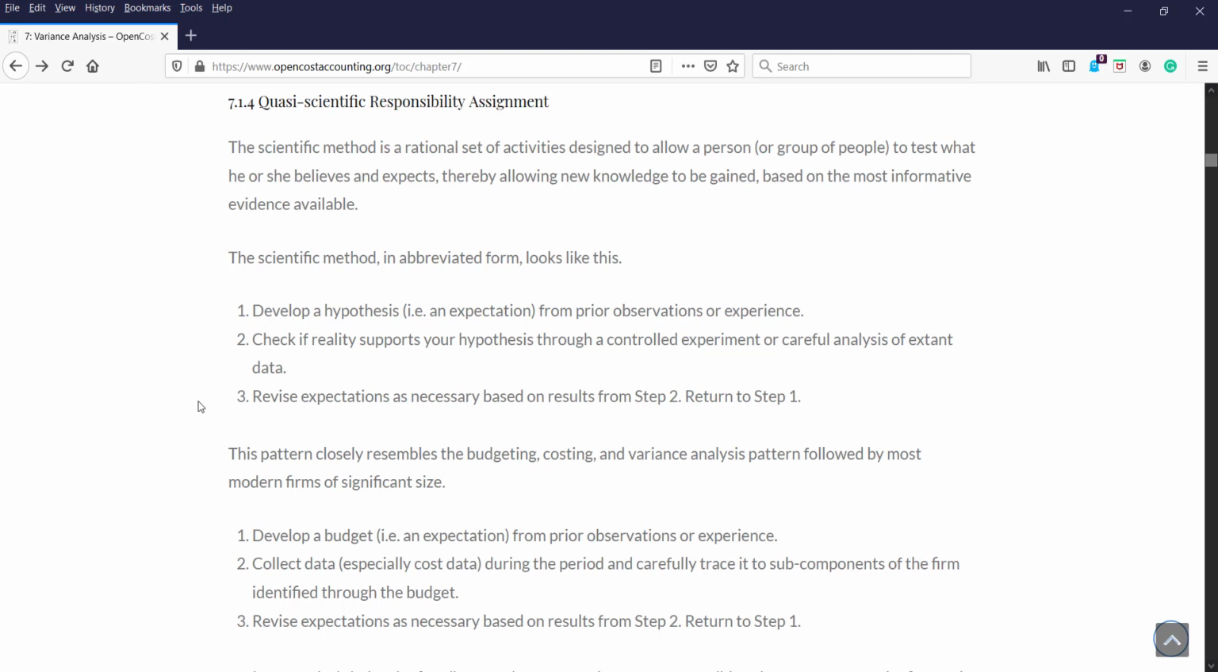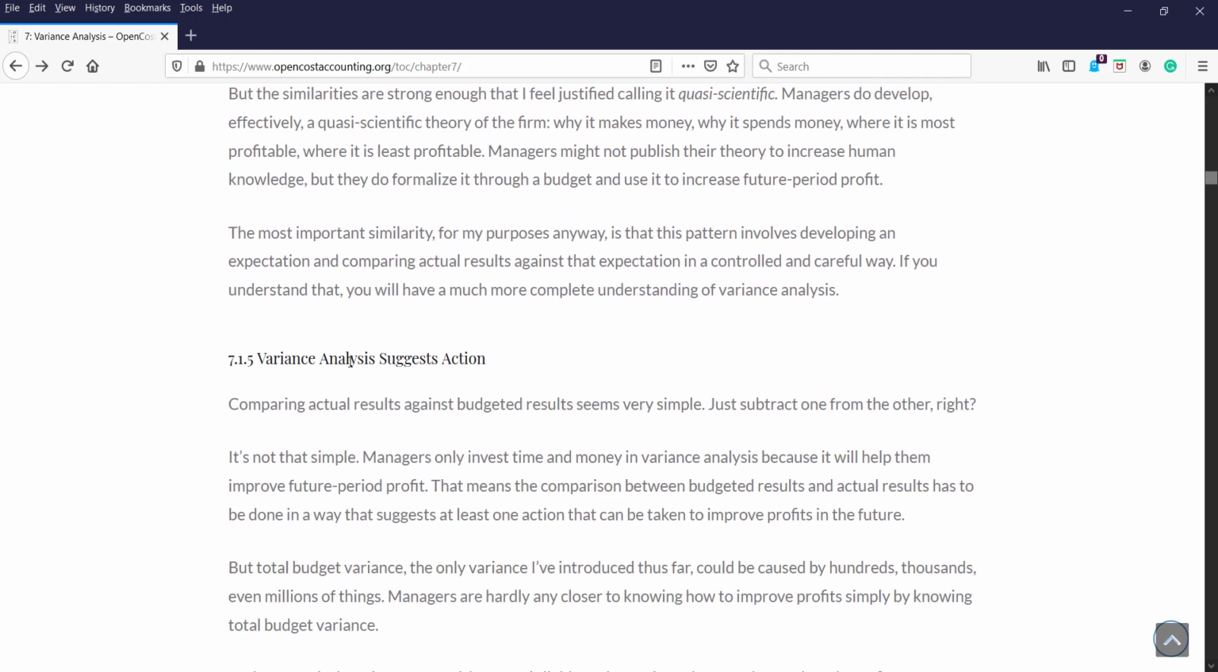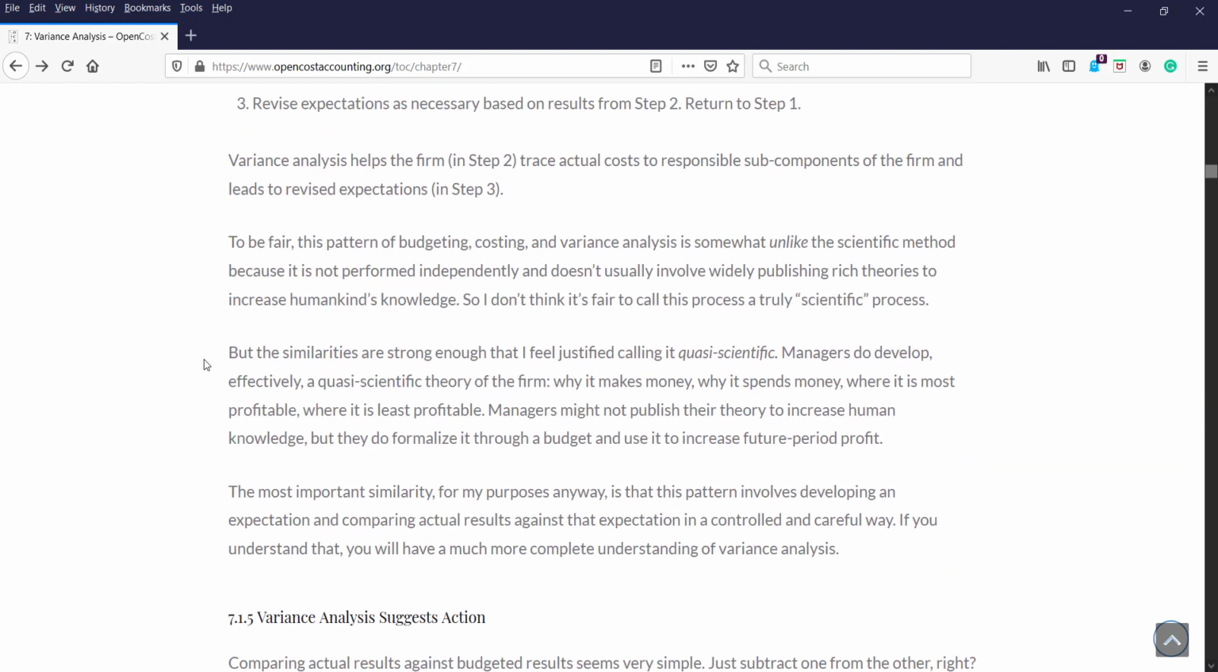But the purpose of it, before I go into the story, is to draw out what I mean when I say quasi-scientific responsibility assignment with variance analysis. It will also help us understand a little bit, and be a precursor to the next characteristic of variance analysis, which is that it suggests action. So,